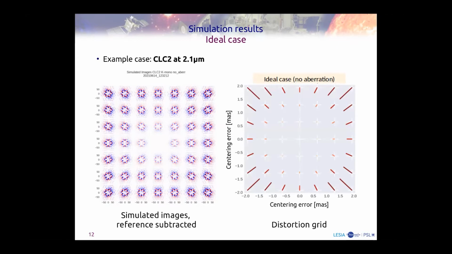and the estimates. And you can see that all these vectors are pointing towards the center,